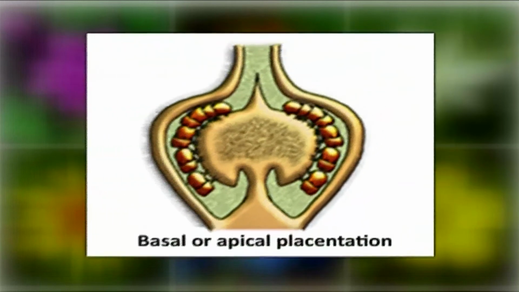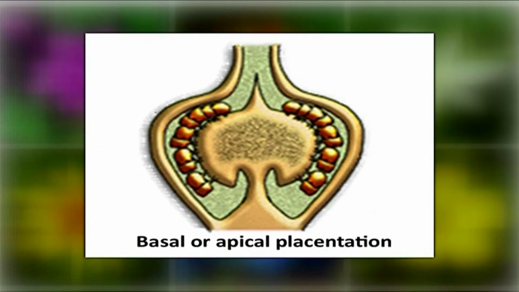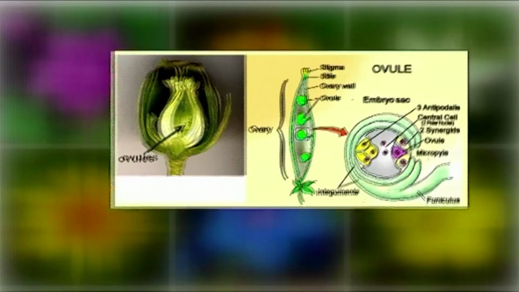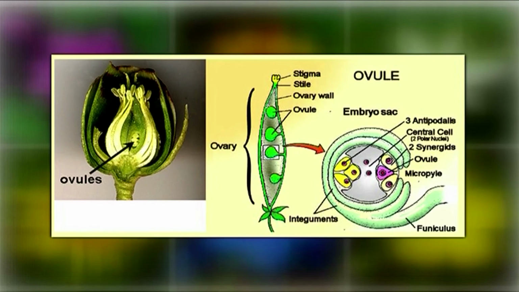In some cases, a single ovule is attached to the bottom or top of the locule called basal or apical placentation respectively. Now, we come to ovule. The ovule is a complex structure born inside ovaries of carpels in angiosperms. It initially consists of a stalked integumented megasporangium. Typically, one cell in the megasporangium undergoes meiosis, resulting in 1 to 4 megaspores. These develop into reduced megagametophytes called embryo sacs within the ovules.